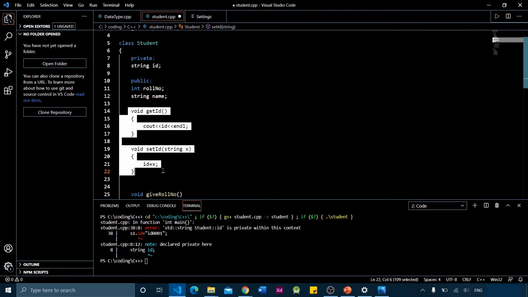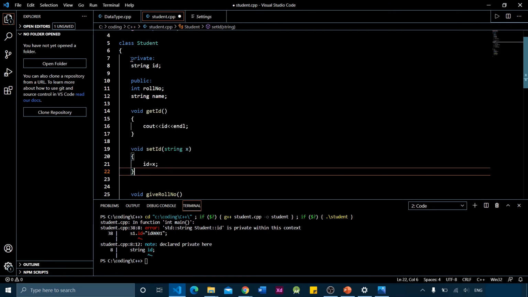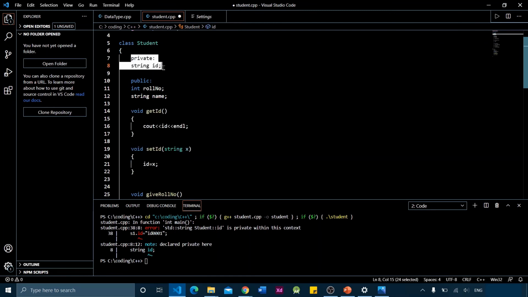As these methods are public, we can access them outside the class, and these methods being inside the class, they can access the private variables of that class.